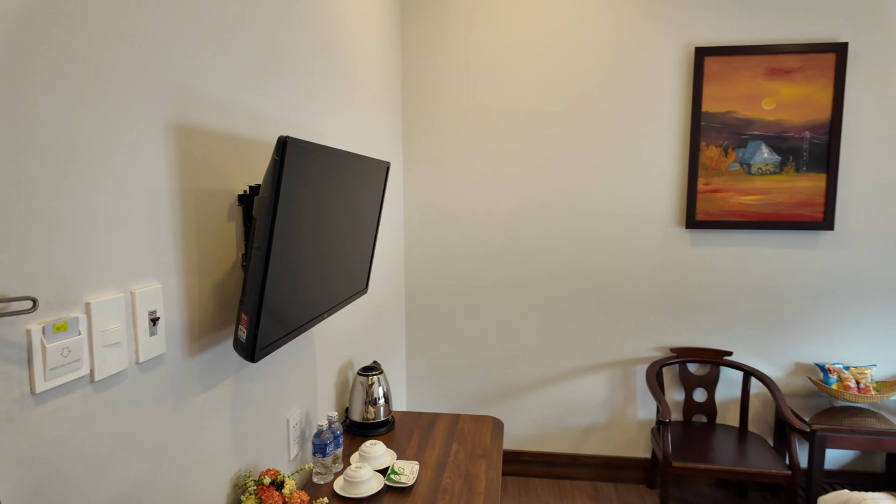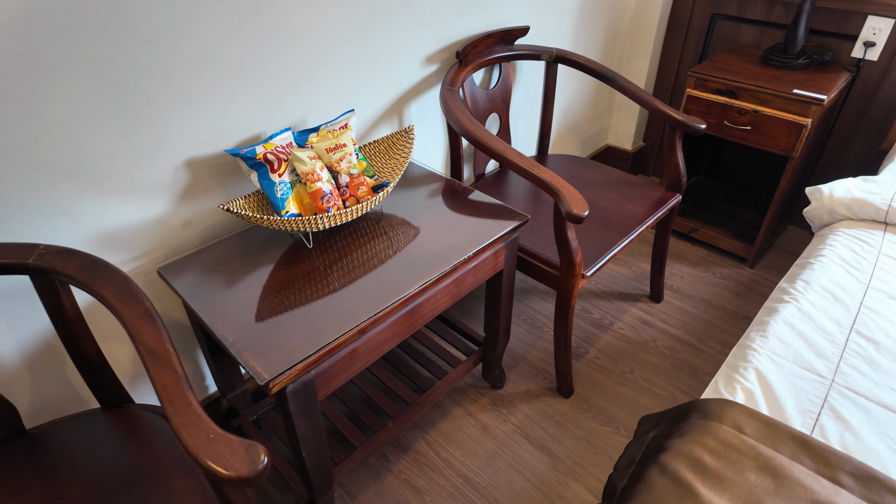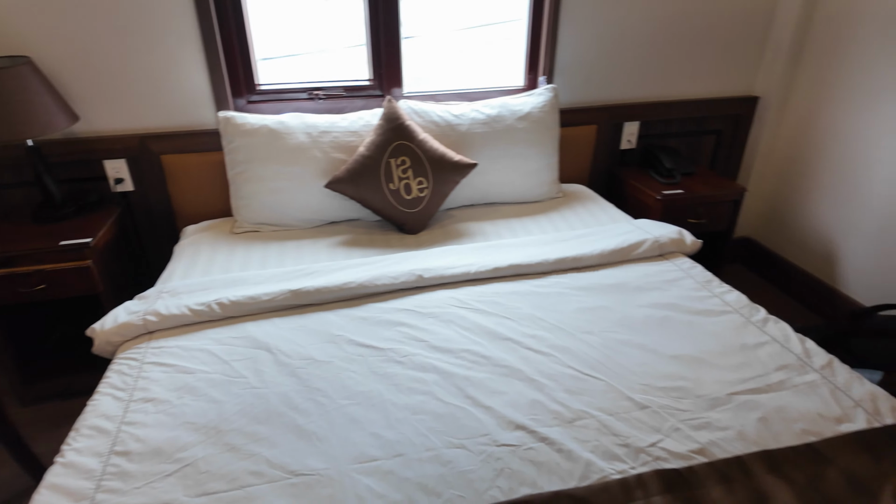So you've got a TV up here at the back, which also comes with a fridge down at the bottom and a little drawer. So it's a good desk area too for me to do some work. And then here is the bed itself. So it's quite a nice bed. Got some snacks here, but I'm not sure whether you have to pay for those or not, so we're going to have to see. And then you've got a couple of desk chairs, bedside tables,